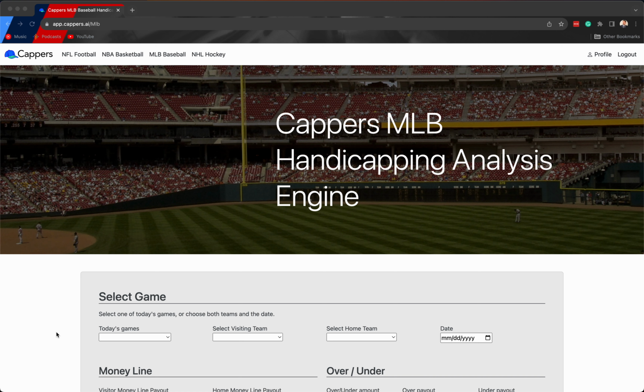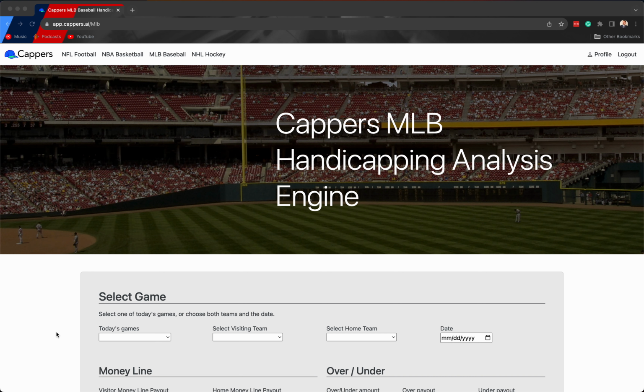Cappers application. If you're also not already familiar with run line betting in baseball, you can just think of it as baseball's version of a point spread. The favorite would normally be minus 1.5 runs, but in some extreme cases can be minus 2.5 runs. The underdog is going to be plus 1.5 or plus 2.5. If you're betting on a favorite, you just need them to win by 2 runs or more for that bet